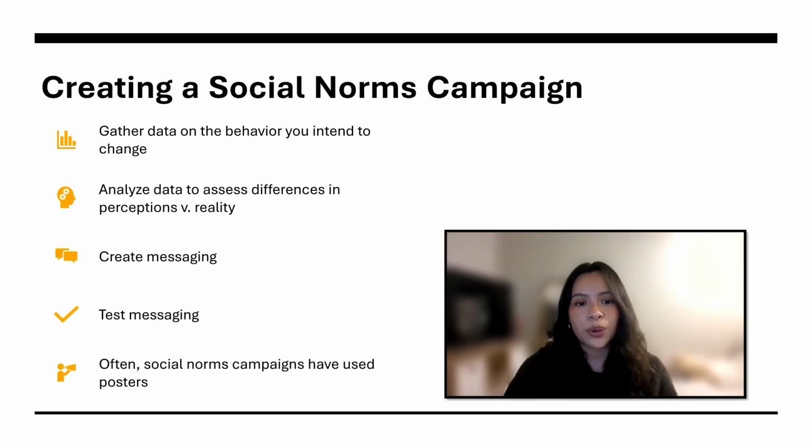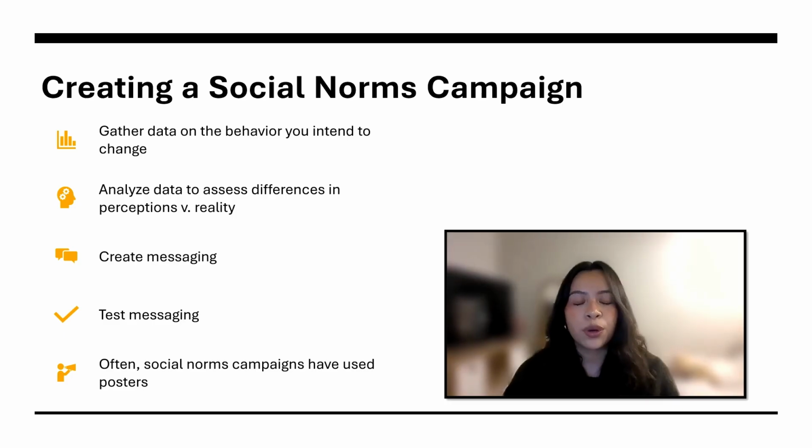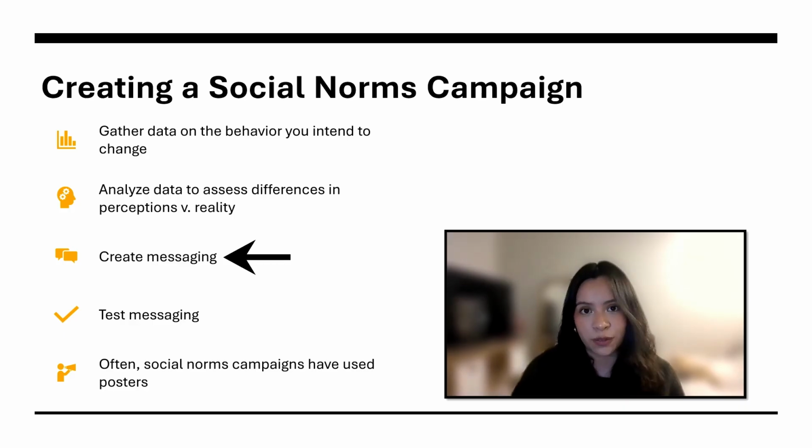So typically when you're creating a norms campaign, you would follow the steps that are here. For Cougs Speak, we're following the same approach. The data has already been collected through a survey we conducted with WSU students, and now we're asking you to take part in the create a messaging portion. So we're asking you to use our data to create engaging visual materials such as posters, flyers, or digital media that can clearly communicate a positive research-based descriptive norm.